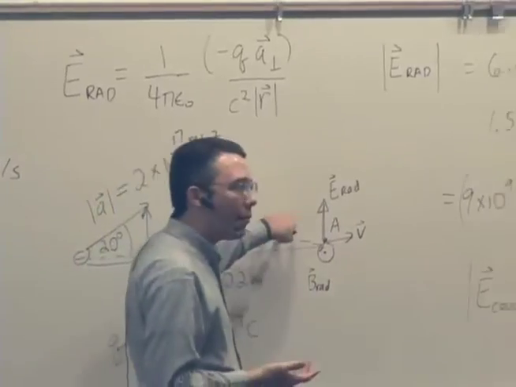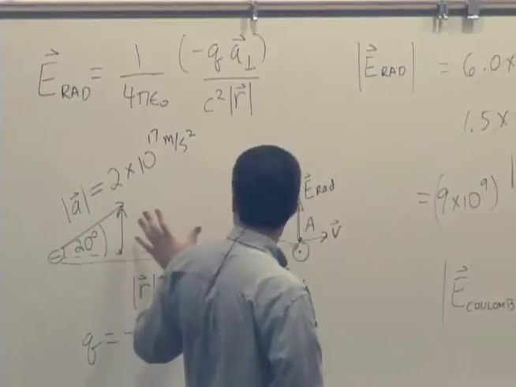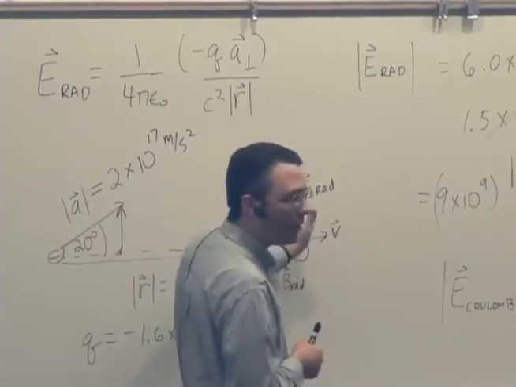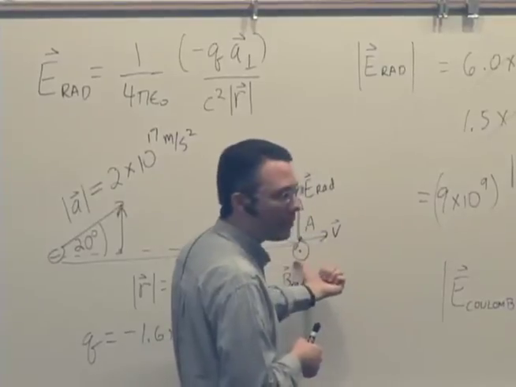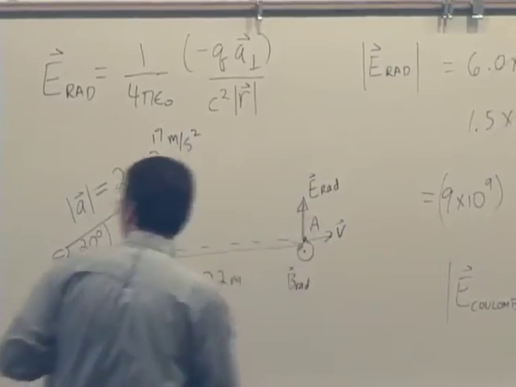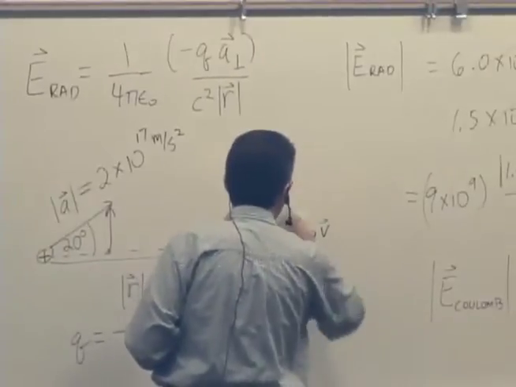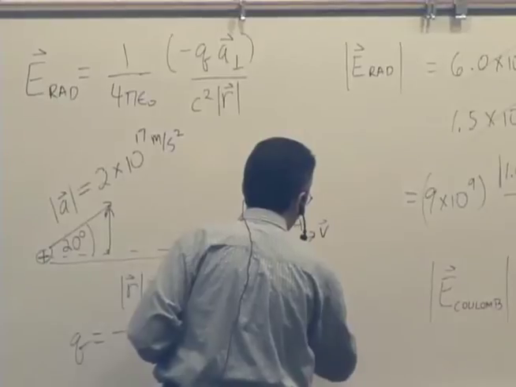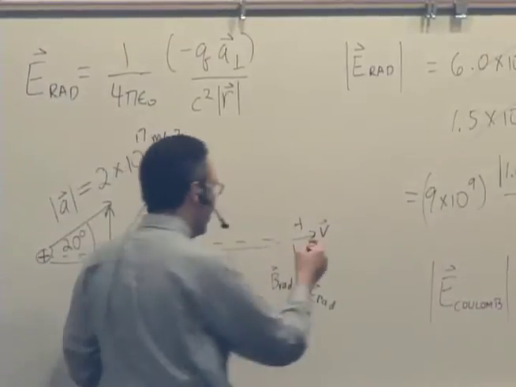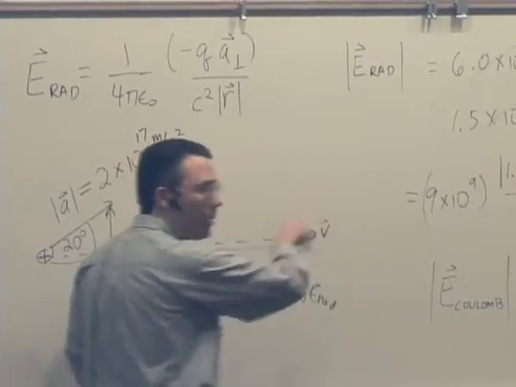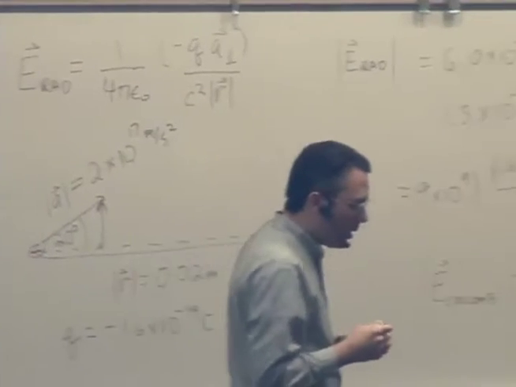Well, you've already done that, right? So it doesn't matter. Once you know that the electron has produced this direction of E radiative, then you have to have this magnetic field. If it had been a proton, let's say it was a positive charge, then E rad would be down, and B rad would have to point into the page to give you the same direction of propagation, because you know it's coming from that charge. Okay, so